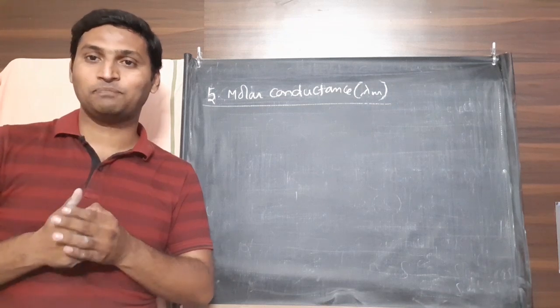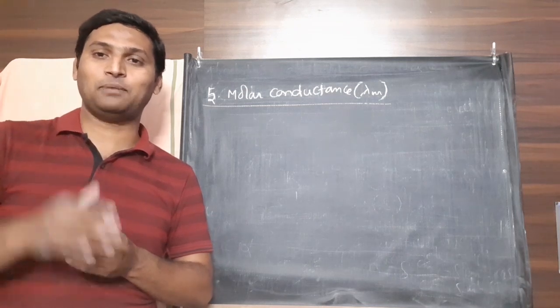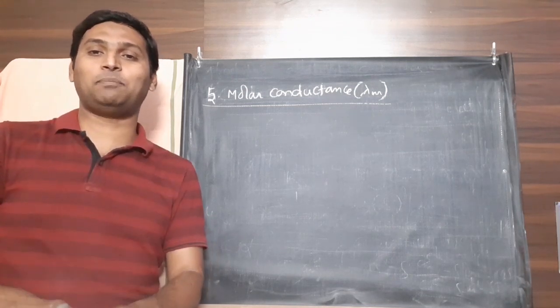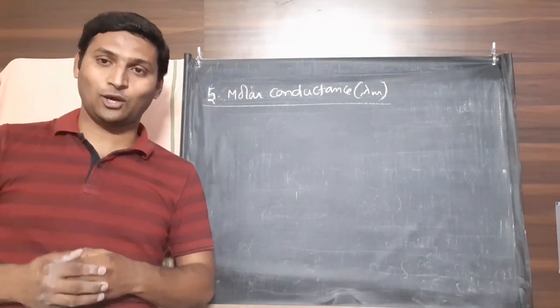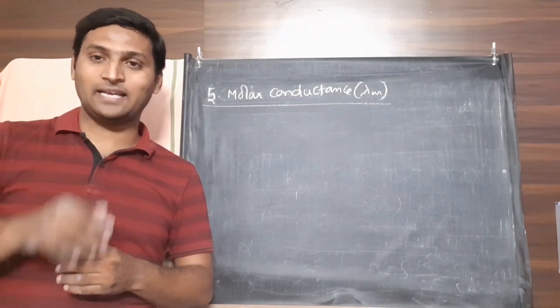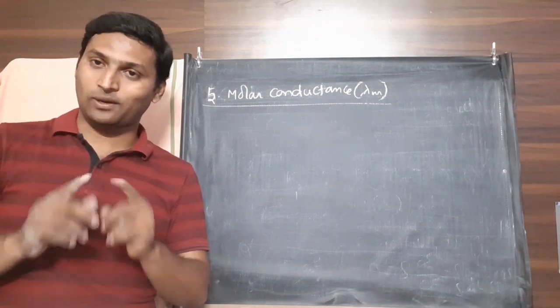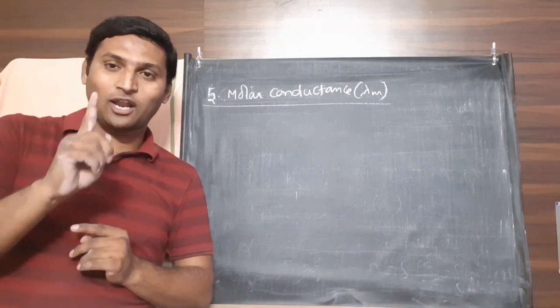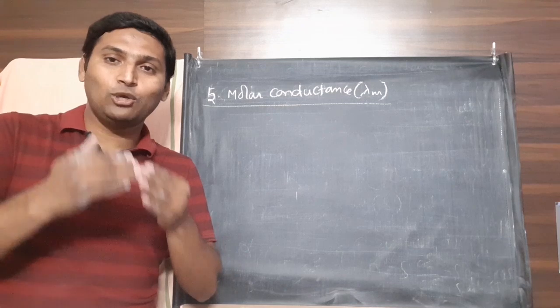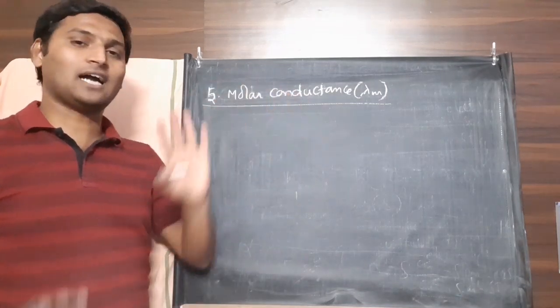Now please understand. The quantity of electrolyte must be 1 molar. Say for example it is sodium chloride. It must be 58.5 grams exactly. Say for example hydrogen chloride. It must be 36.5 grams exactly. Say sulfuric acid. It must be 98 grams exactly. Likewise, all the ions produced by 1 mole of an electrolyte, how much conductance is it able to show? That is called molar conductance.